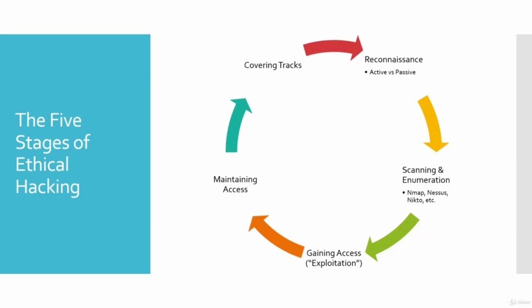Say, for example, Google called you to do a pen test for them, right? What you do in the reconnaissance phase is find out what footprints Google has on the internet. What are the things that Google has out there? What domains do they have? What subdomains do they have? Which IP address blocks belong to them? Which IP addresses do they actually own? Which mobile applications and web applications do they have? So what you're trying to find out in that stage is as much as possible about your client, about Google, trying to see the things they have on the internet. And it can be passive or it can be active.